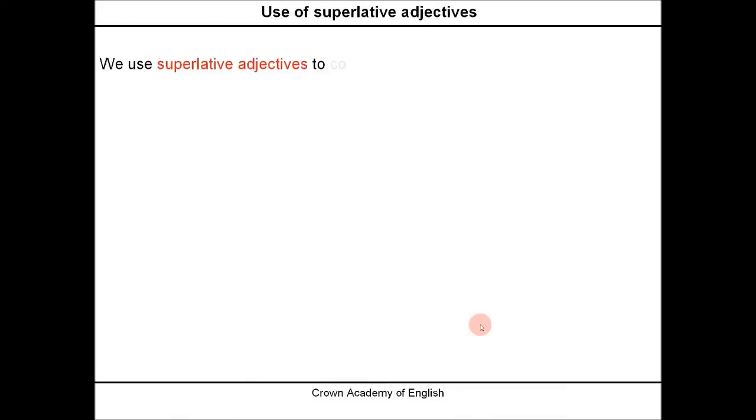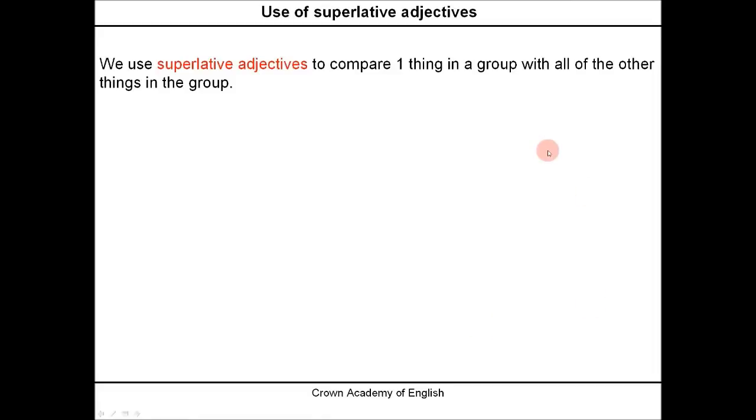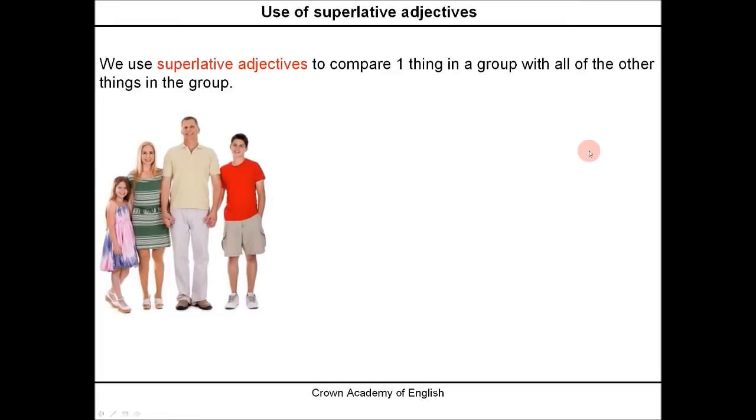So we use superlative adjectives to compare one thing in a group with all of the other things in a group. So we have a group of things or people, and we are comparing one thing or person in the group with all of the others. Example: